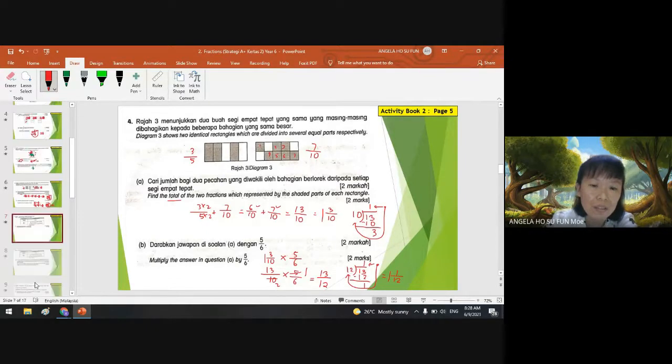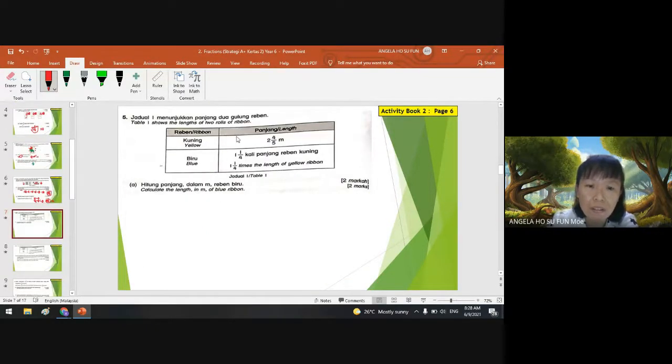Okay, next we go for question number 5. Right, look at question number 5. Here, this is the length of 2 rolls of ribbon. Okay, the yellow ribbon is 4 over 5 meter. The blue ribbon is 1 over 4 times the length of the yellow ribbon. So when you see the word times, you know it's already multiply. Okay, now they ask you to calculate the length of the blue ribbon. The blue ribbon here is 1 over 4. The word times is multiply. The yellow ribbon, look at the yellow ribbon. The yellow ribbon is 4